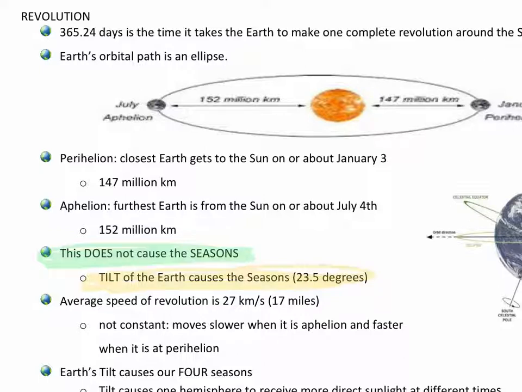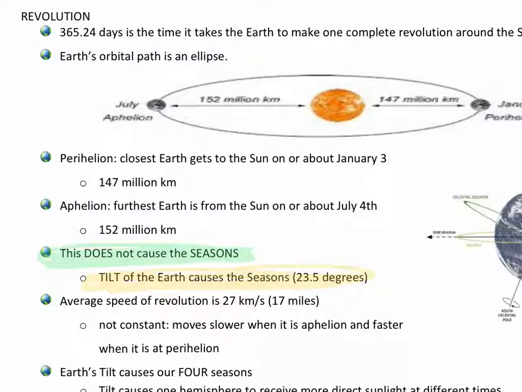Now back to a little bit of Kepler. As we said before, a planet is going to vary in its speed as it moves around the sun. Again, because when it's a little bit closer, like during perihelion, we actually revolve a little bit faster. And then when we're further away during aphelion, we actually slow down a little. Well, the average speed of revolution is 27 kilometers per second, or for those of you that need the American system, right, about 17 miles per second. Go ahead and do the math. You start realizing that's pretty stinking fast.